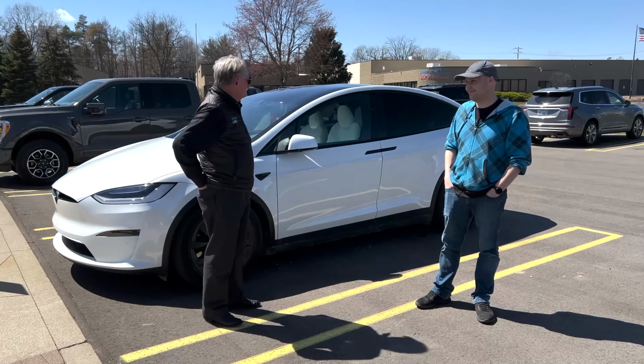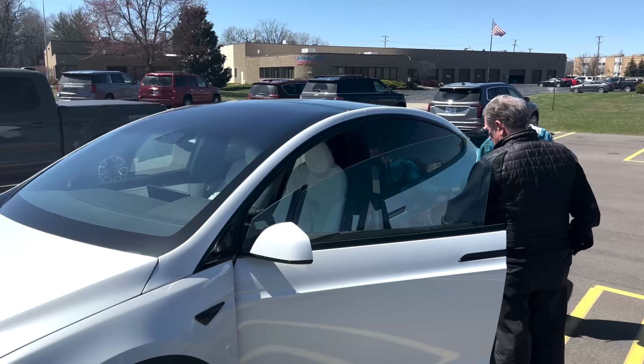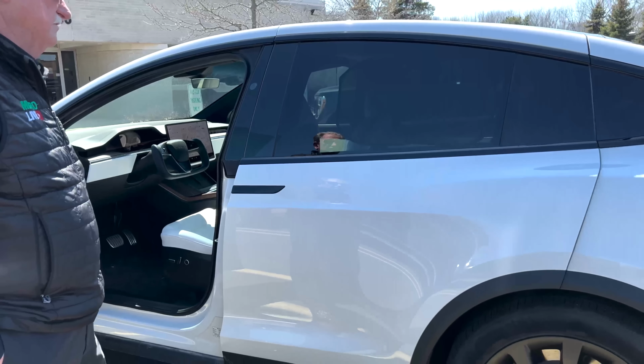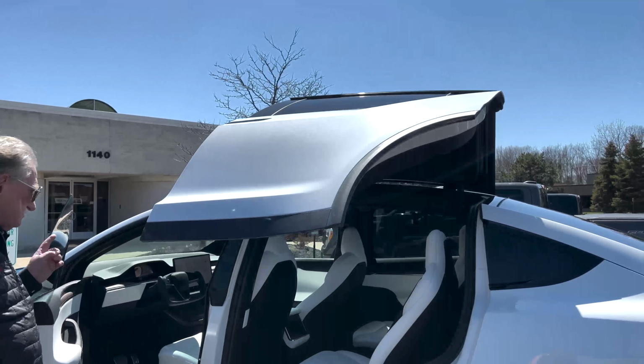Yeah, so it's locked right now. Okay. It got confused by me being kind of close to it, but if I click here, that should open up. And it does. Everything is automatic, including the doors. So then if you click right there... And this is the one I want to see, because I'm pretty sure that that front seat is going to be the exact same as all the...